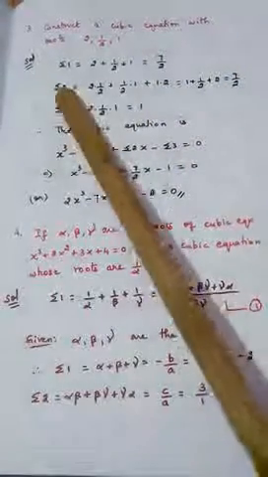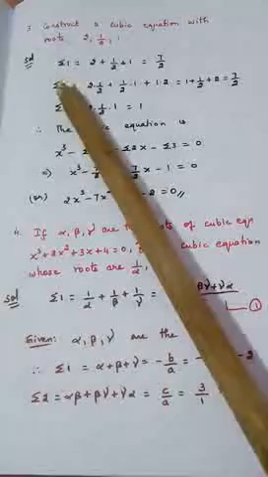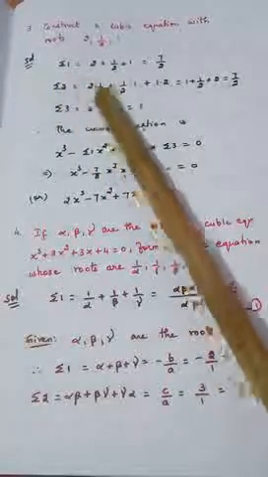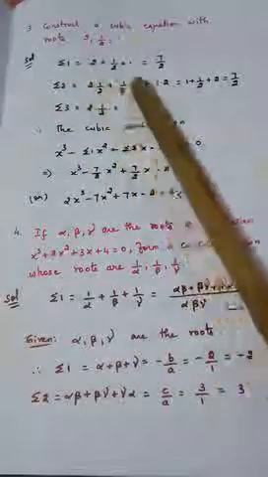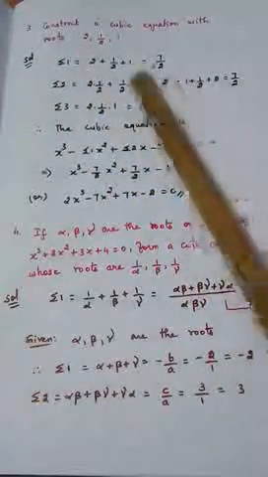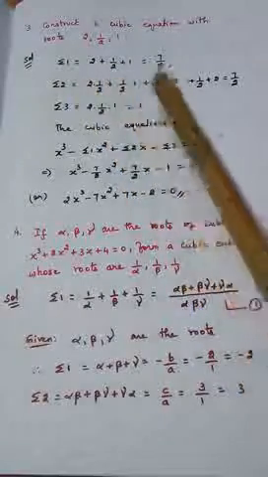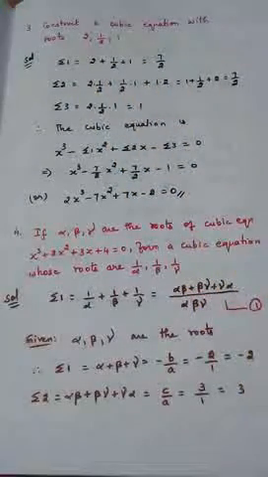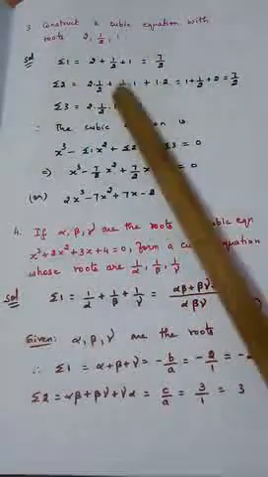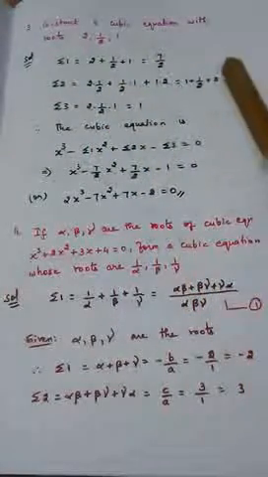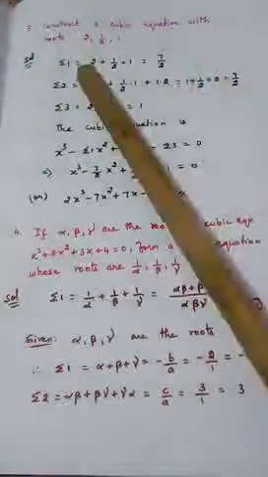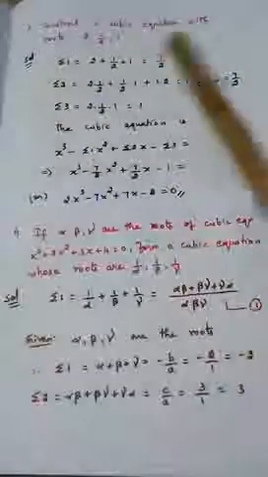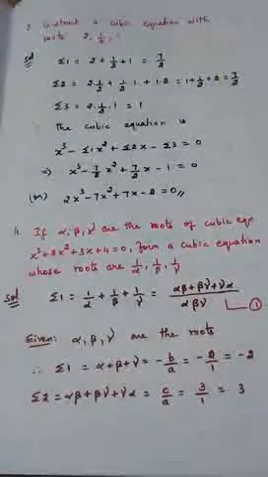Sigma 2 means we have to take 2 roots at a time and then add. Take 2 at a time plus 2 at a time plus another 2 at a time. These are the 3 possible 2 roots that I can take. So when I simplify, 2 gets cancelled. 1 plus 2 is 3. 3 plus 1 by 2, again it is 7 by 2. So see the simplifications. Sigma 1 is 7 by 2. Sigma 2 is also 7 by 2.